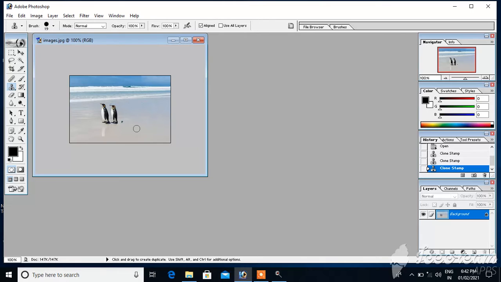In this way you can make many clones, means you can make many pictures or many copies of an object. Just click on the stamp, press the Alt key, and where you want the copies, just click there.